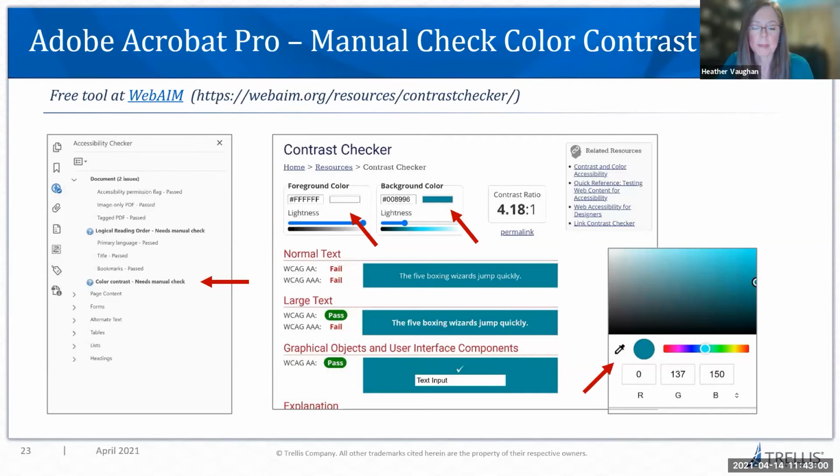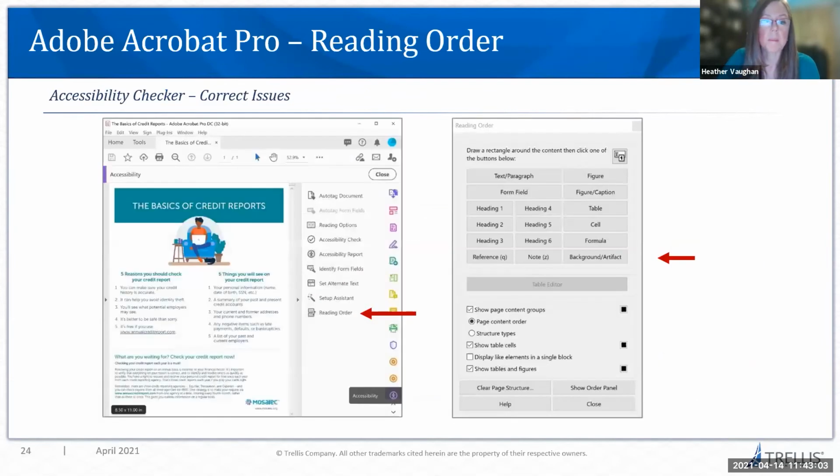Okay, next. So then going back into Acrobat, another feature you have in the accessibility tool is what's called the reading order panel. Sometimes things won't get tagged or they'll get tagged inappropriately. And so this will allow you to select those items and then correctly identify them, whether it's text or a heading or a table. And you will also use this for tables, because as I mentioned before, you have to go in and identify if it's a column header or a row header. And so you can use the table editor here in the reading order panel.